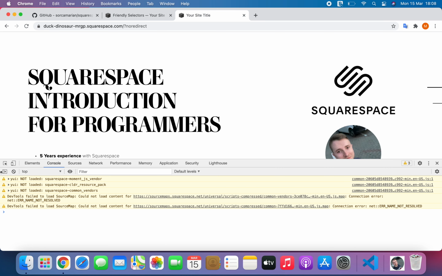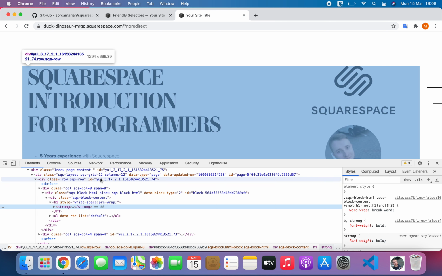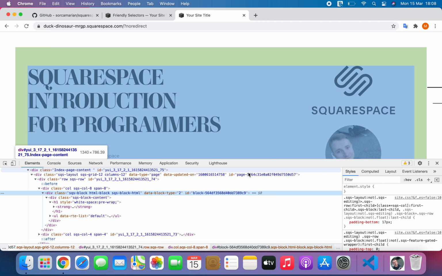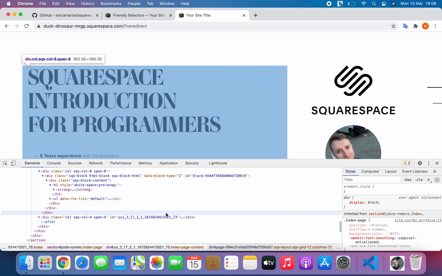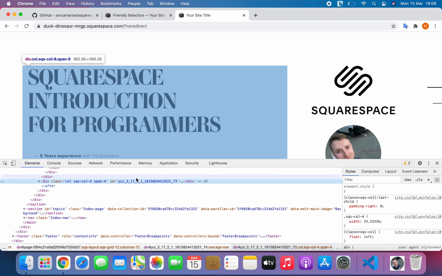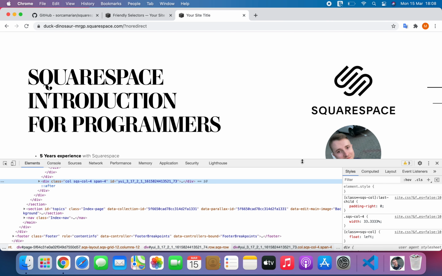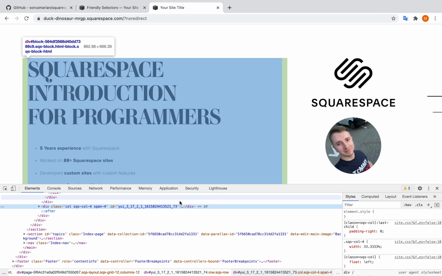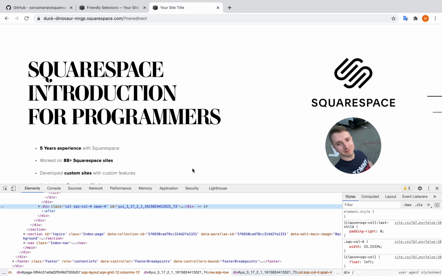Let me open the console. You probably know what I'm talking about. So you see ID, ID, ID. It's obvious. And from a CSS perspective, this is very hard to keep consistency on. It's good for fast change if you have something simple, but if you want to maintain the same thing over and over, then you need